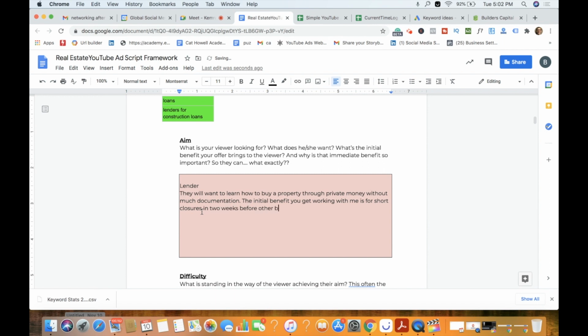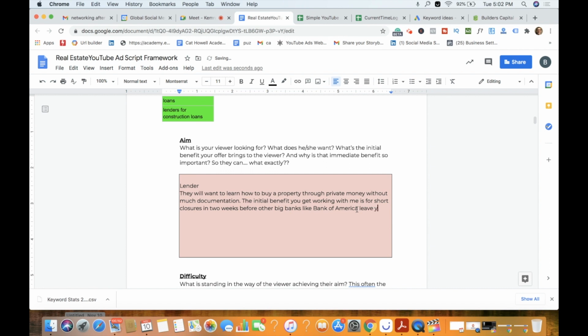Does that make sense? Correct. Yeah, because they're like a big bank and it takes longer. Correct. So the way I'm writing this is the initial benefit you get working with me is for short closures in 2 weeks before other big banks like Bank of America,